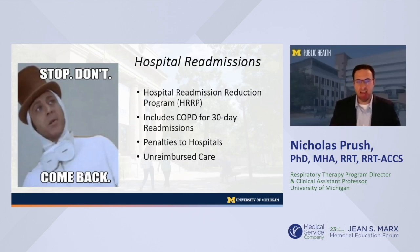30-day readmission penalty. And an interesting stat, if you were to look this up, but I did it for you: out of about 3,200 acute care hospitals that actually report this information, 93% have been penalized with this program. And that's just focused on COPD, not the other conditions that are involved. That's over the course of a 10-year cycle. So since the Affordable Care Act came out, 93% of the hospitals are getting